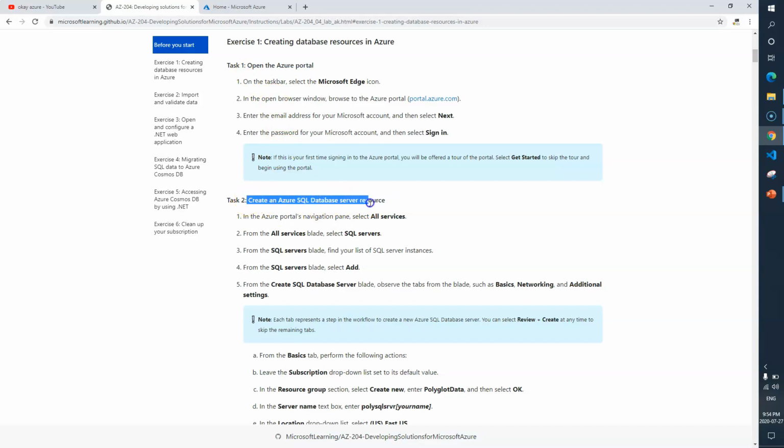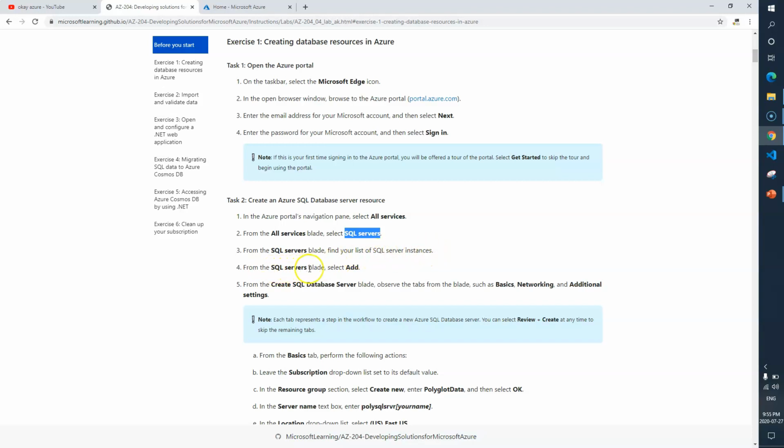In task 2, we are just going to create a logical instance of a SQL database server. Okay, let's see the steps. First of all, we need to go to all services, and from all services, look for SQL servers. From the SQL servers blade, find your list of SQL server instances.